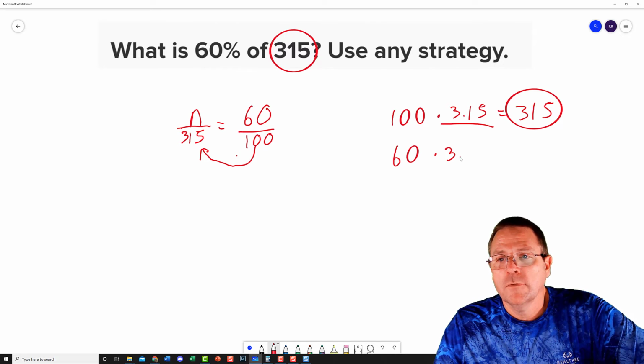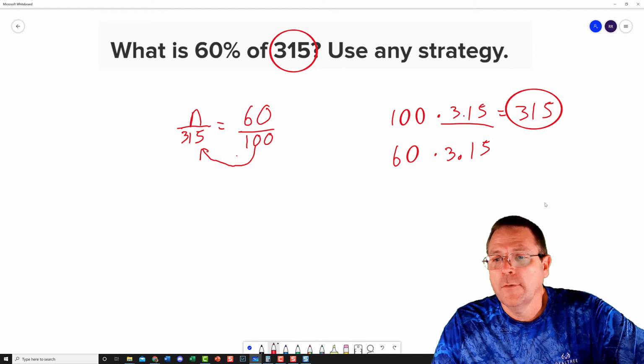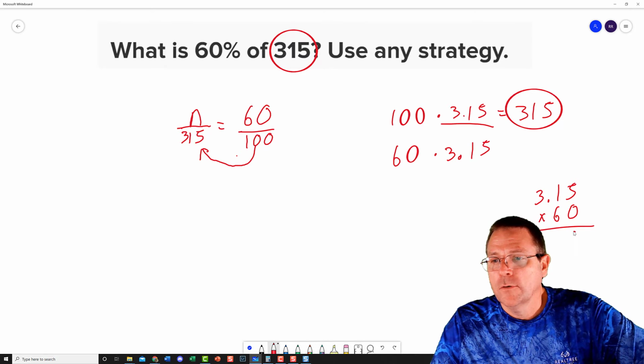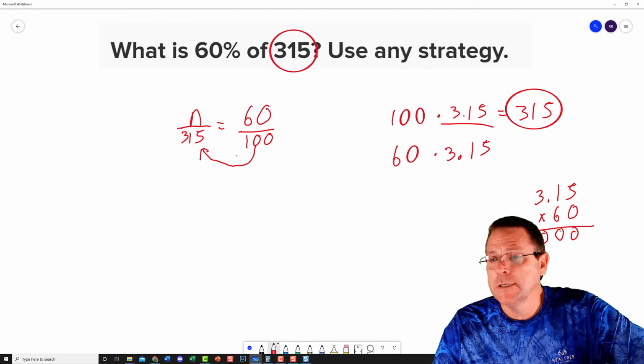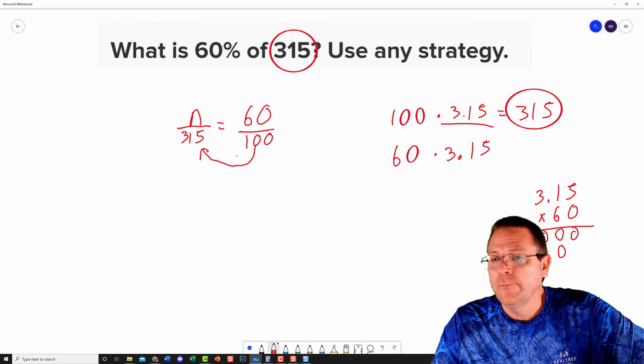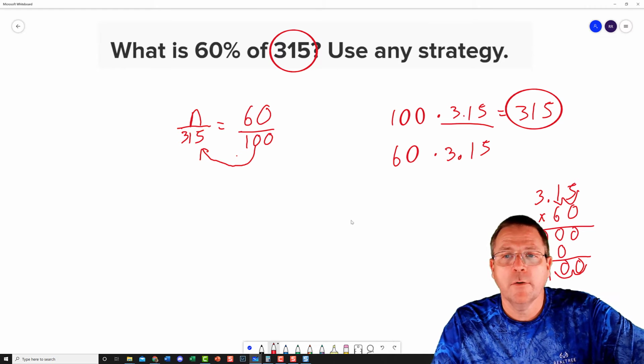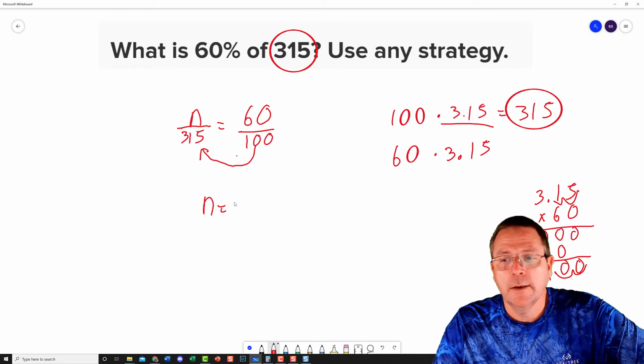60 times the same 3.15, and now I'm going to have to do some grunt work. So 3.15 times 60: 0 times 5, 0 times 1, and 0 times 3. That part was easy. 6 times 5 is 30. 6 times 1 is 6, plus a 3 from the 30 is going to be 9. And then 6 times 3, that's going to be 18. Add them up: 0, 0, 9, 8, 1, bounce, bounce, bounce, bounce. Answer is going to be n is equal to